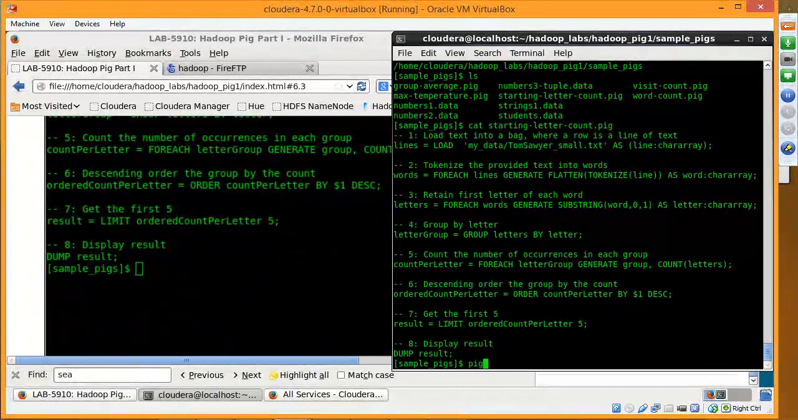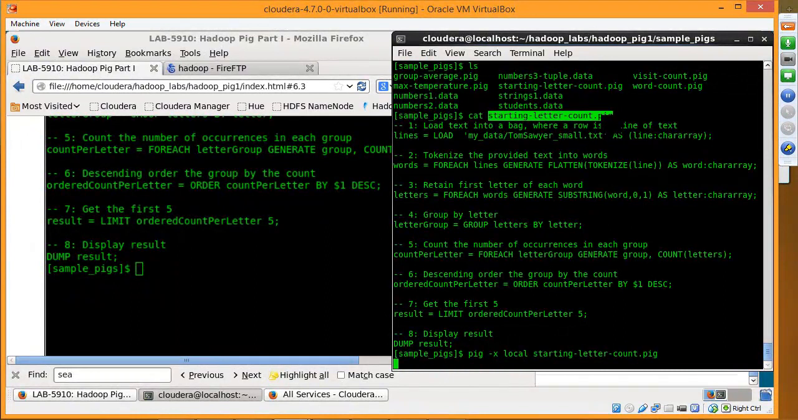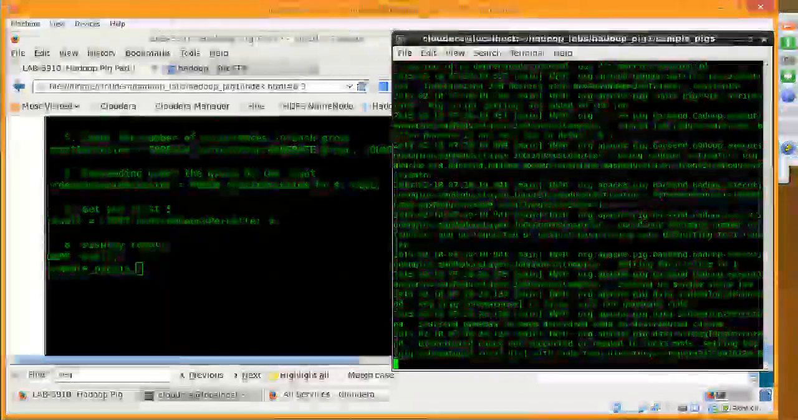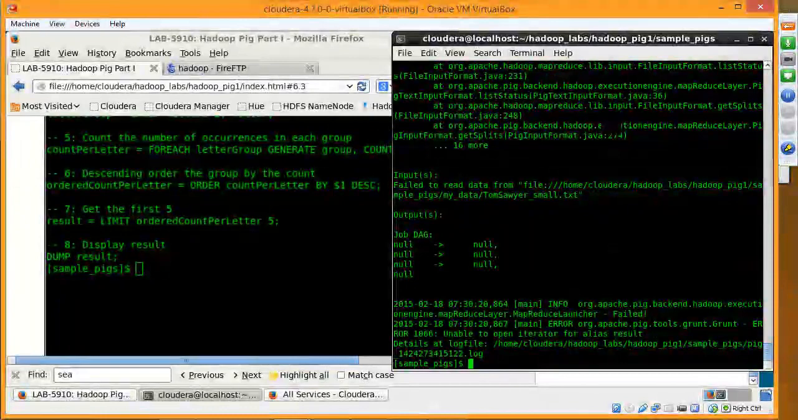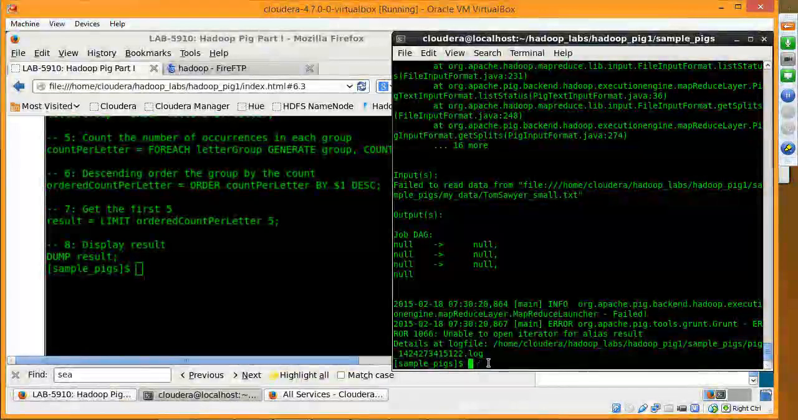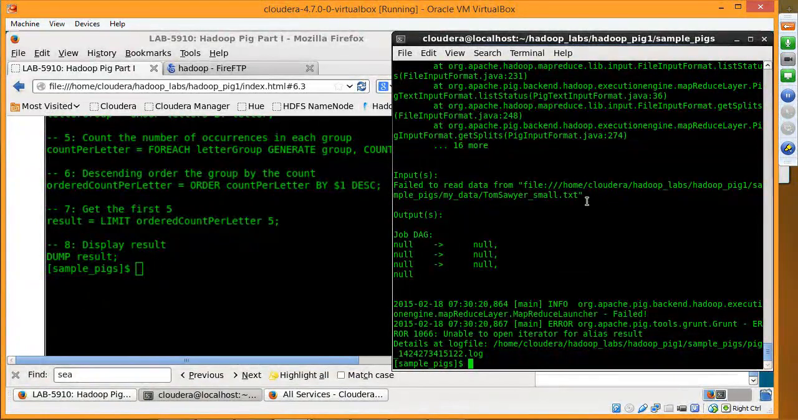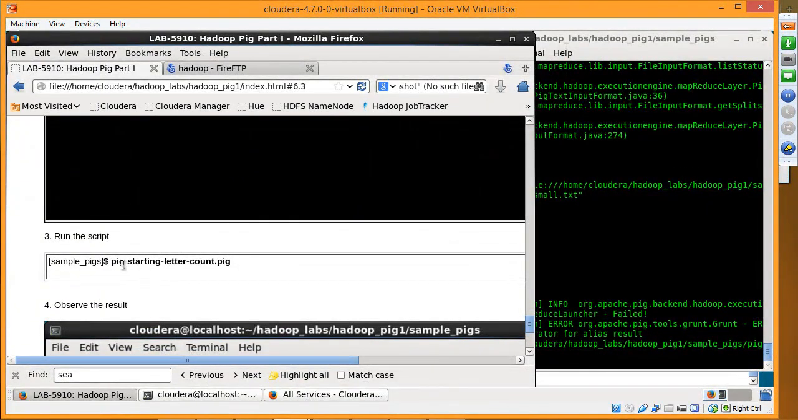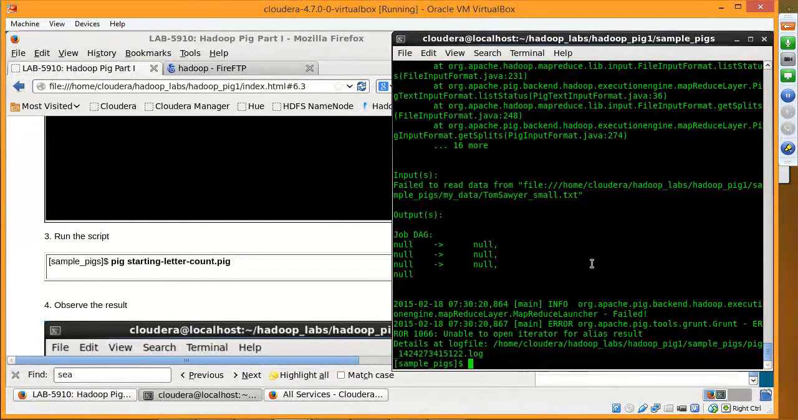We're going to run pig with dash local and specify the script. Now we get an error: unable to open operator, failed to read data. Oh, okay, so it's actually somehow reading from the HDFS. So instead of the local option, I'm going to just use